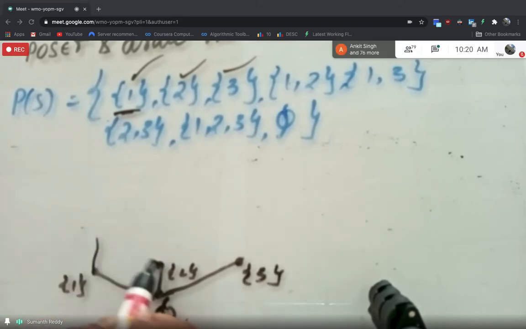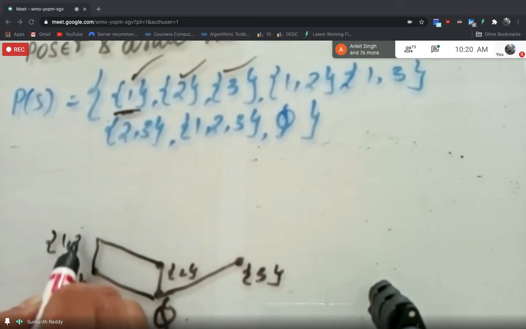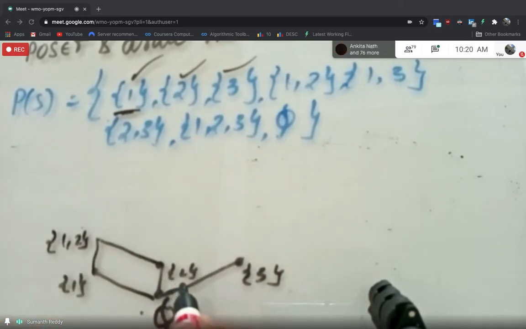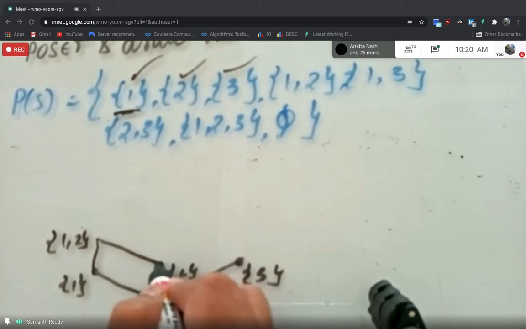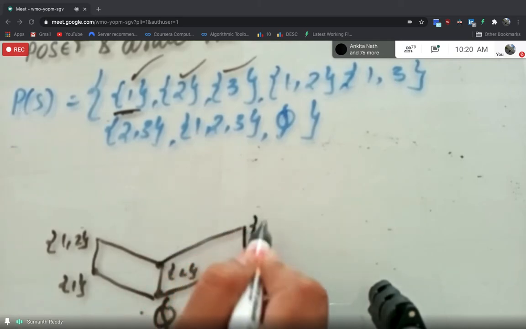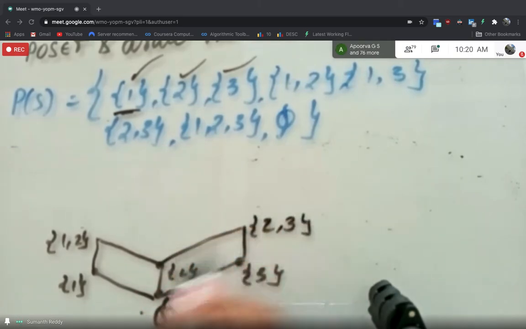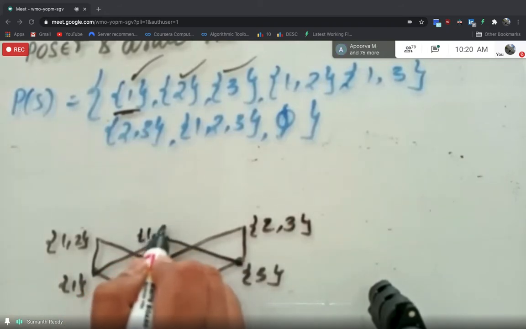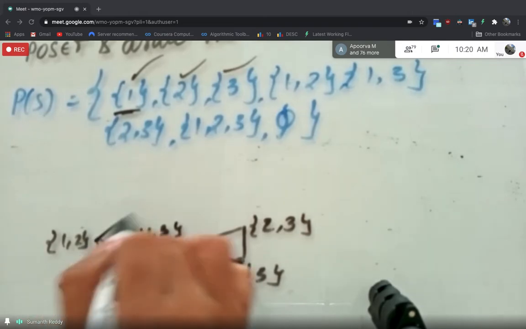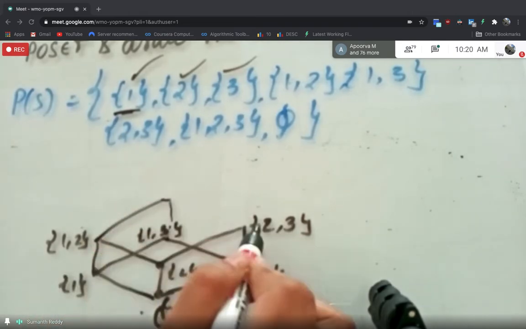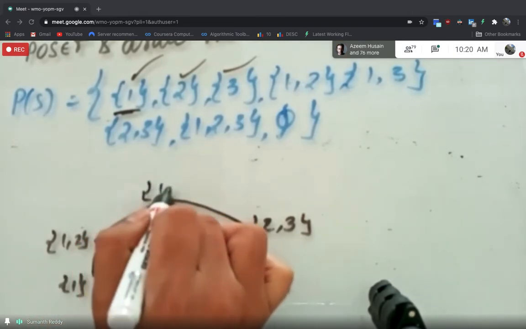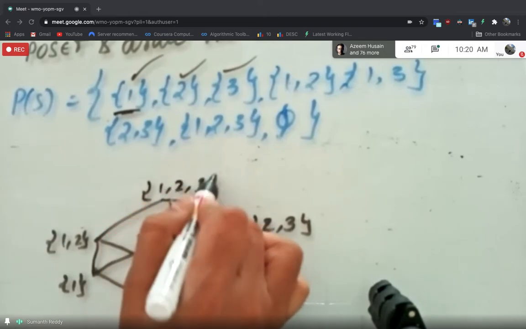It will be a subset which is having both the numbers 1, 2. And the subset that is related with only 2 and 3 is the one subset which is having both the elements 2 and 3. And same goes even with this one, 1 and 3. And finally, the subset which is related to all these subsets will be a subset which is having all the numbers, that is 1, 2, 3.